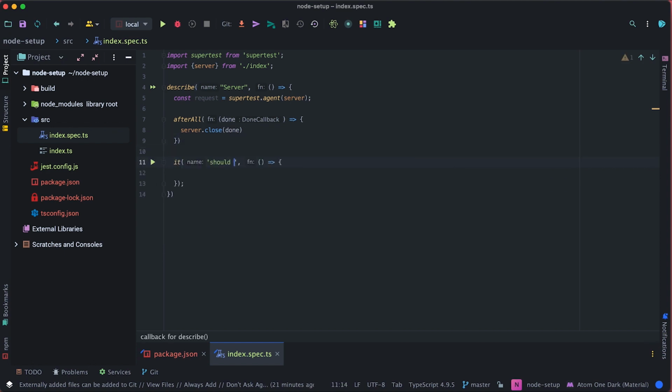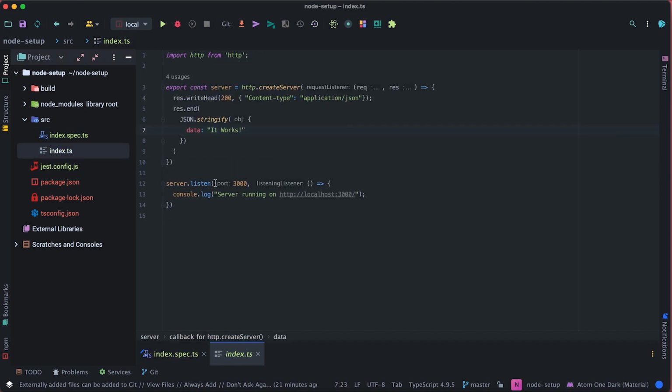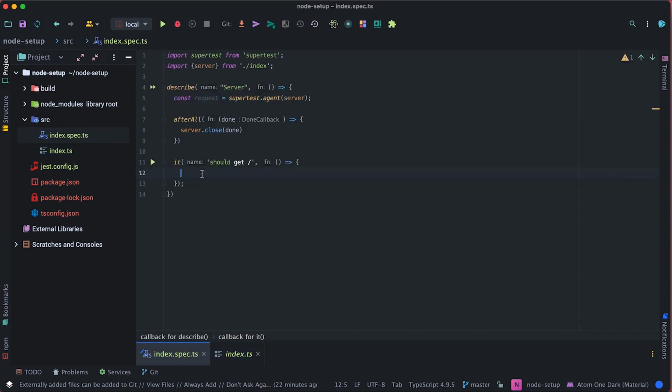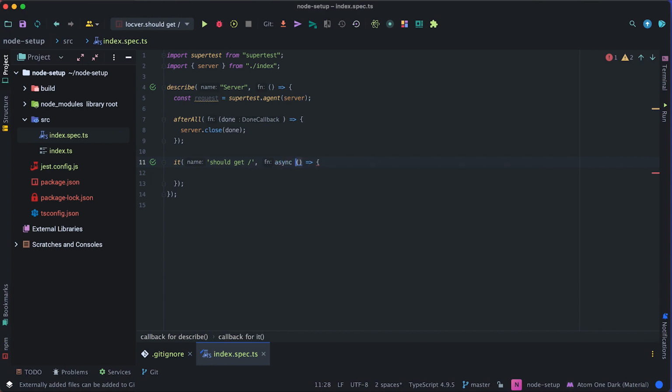So the first thing, look at how easy it is. So we know that when I first query my server here, I get this JSON file here, right? So I'm just gonna copy, by the way. And I know we gotta get 200, we're gonna get a JSON, and we can definitely check all those things. Here we're gonna make it asynchronous, and I'm gonna do a response. We're gonna do request, get, and then we're gonna get the slash. We're gonna await on this guy,